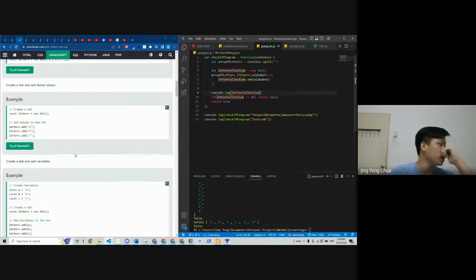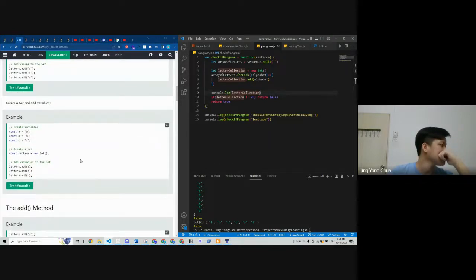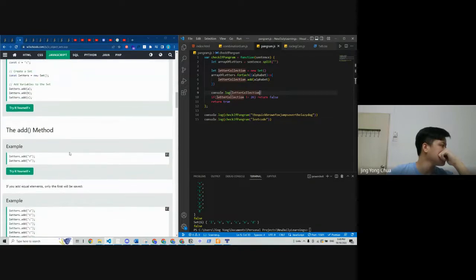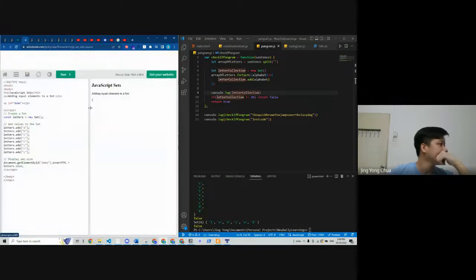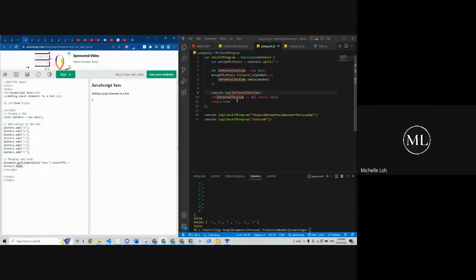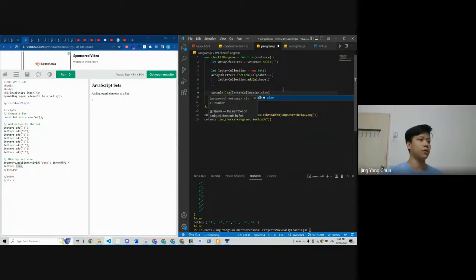I thought that's what it became. See this one? Letter dot size. Dot size. Wow. Learning so many new things today.